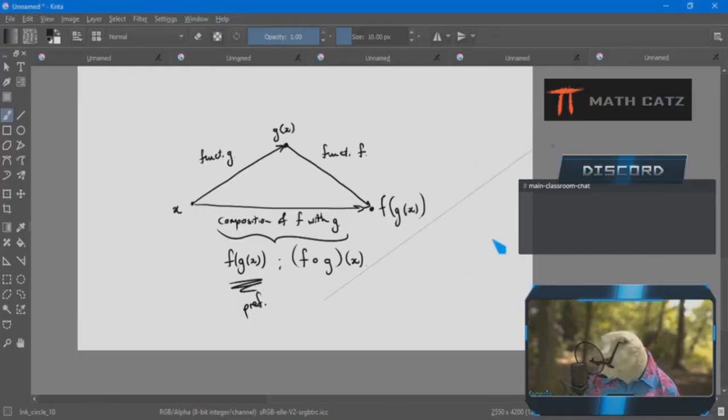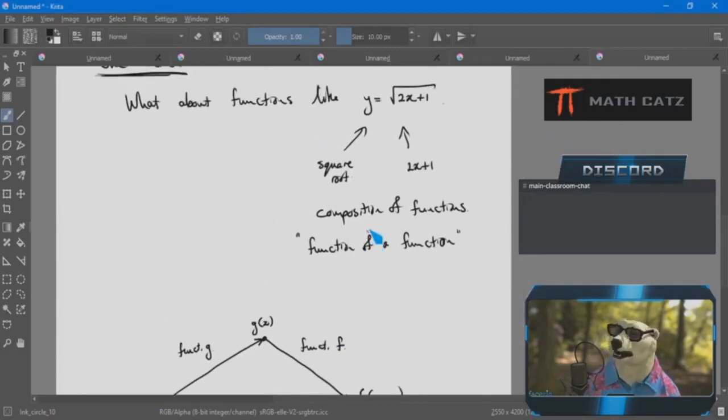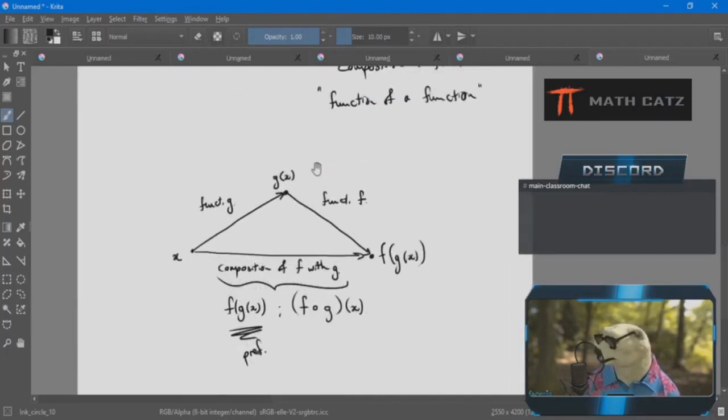So we can get the above example, which was 2x plus 1 and then the square root, by saying this guy is going to be